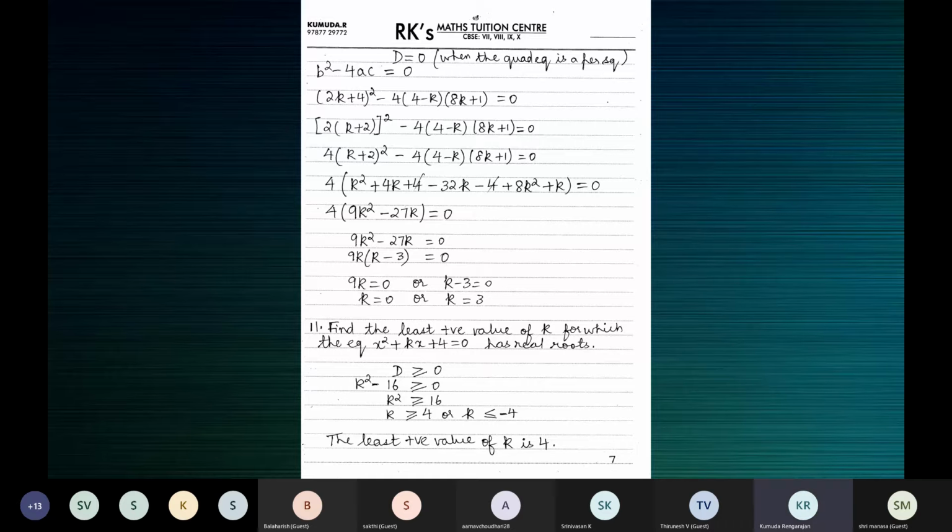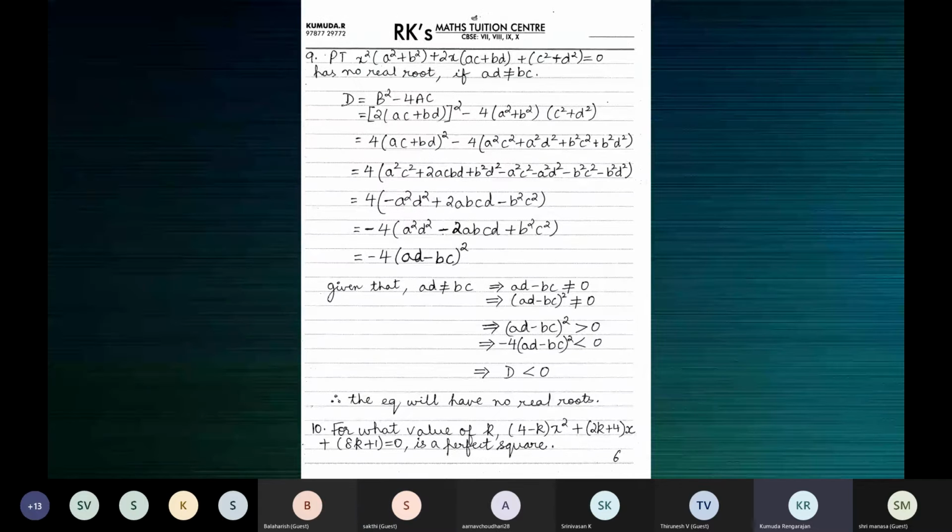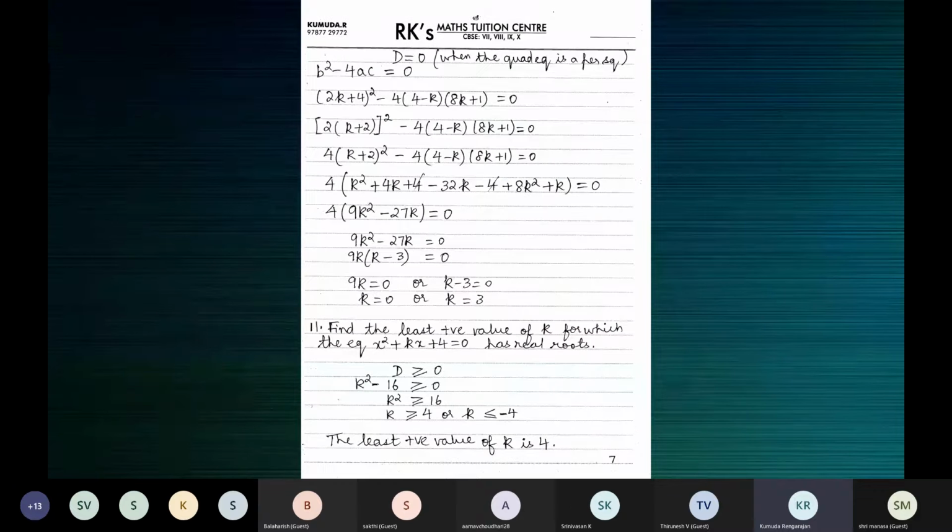We finished this in the class, right, children? Yes, ma'am. Last class we did this. No, since the ninth one is important, I thought we'll just recall it. Okay, 10, it's just that we have to take up this condition B square minus 4AC is equal to 0, substitute the values of the expressions for A, B, and C, and simplify and find the values of K.